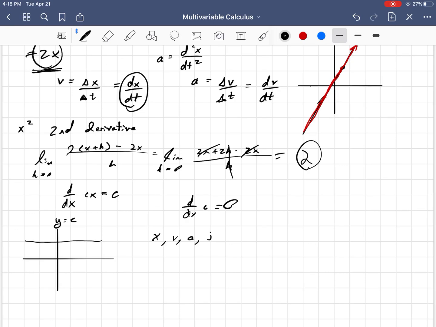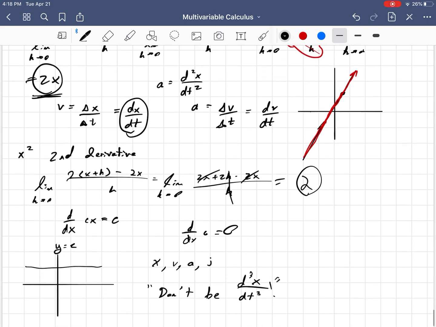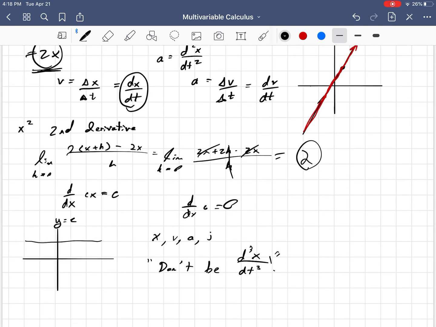Maybe as just a funny joke, I know everyone probably knows about position, velocity, and acceleration. Well, what comes after is jerk, the third derivative of position with respect to time. So sometimes you'll see shirts, probably you've never seen this in your life, but it'll say, don't be